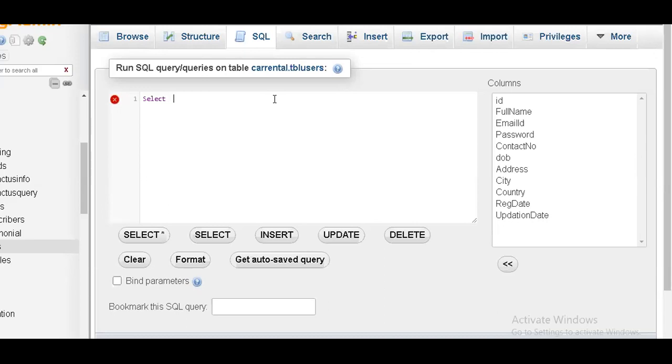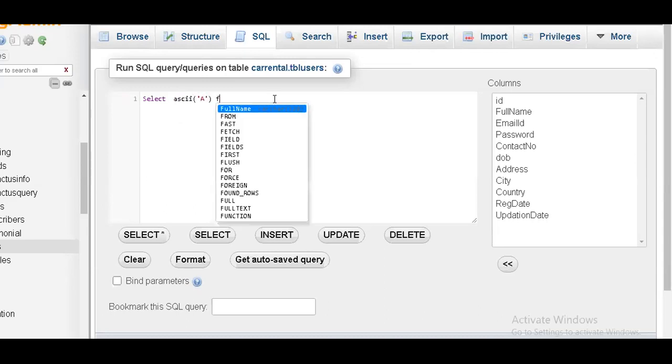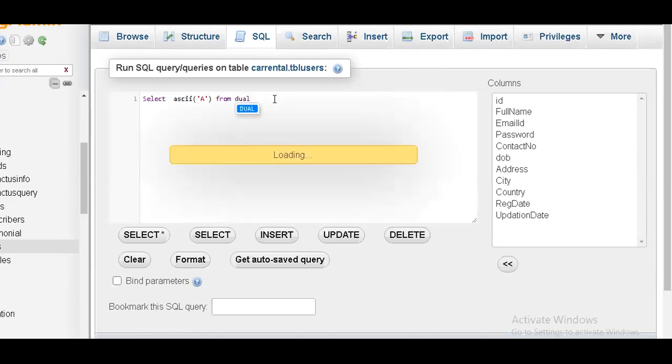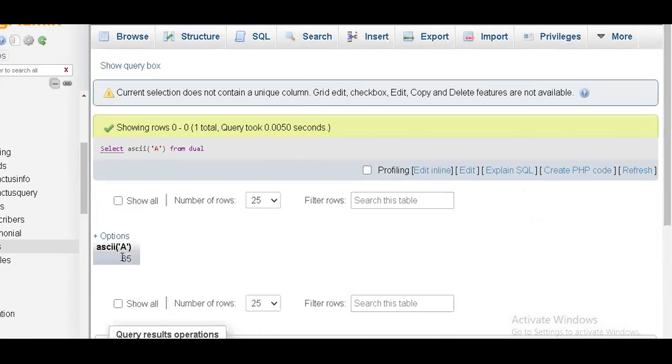I'm saying ASCII. I want the ASCII value of small a or capital A from dual. When I run it, it should give me the value 65. See, the alphabet capital A has this value because the computer understands only zeros and ones.